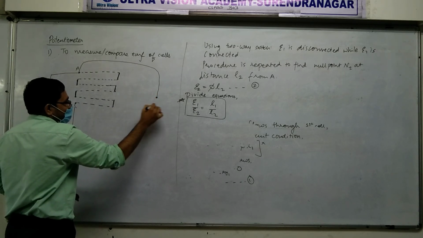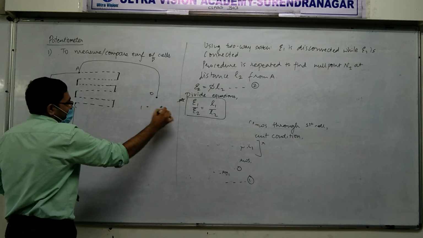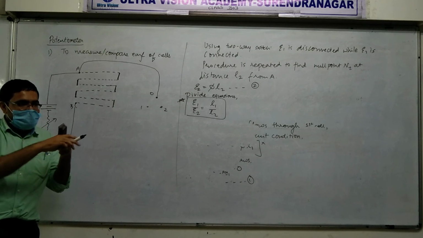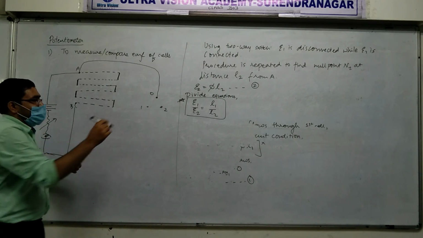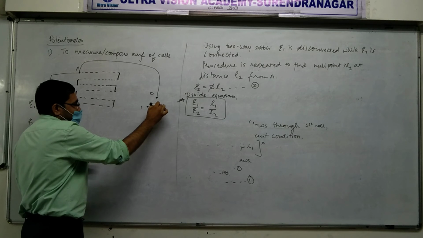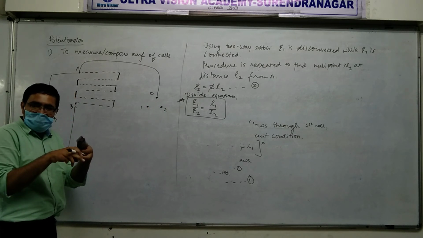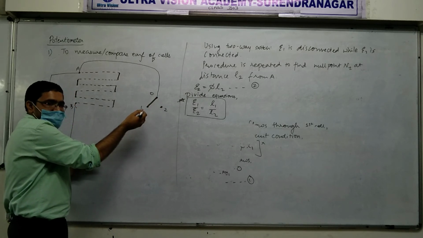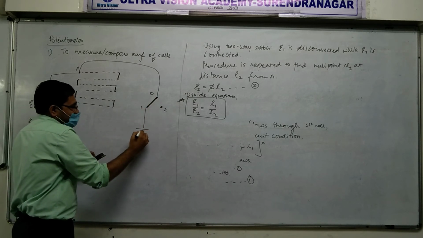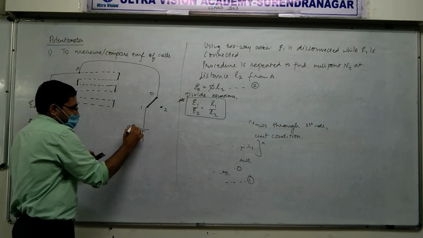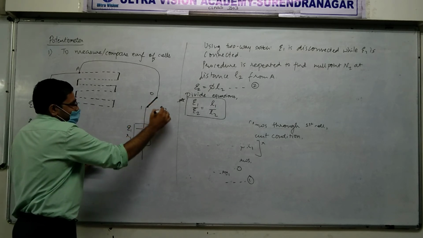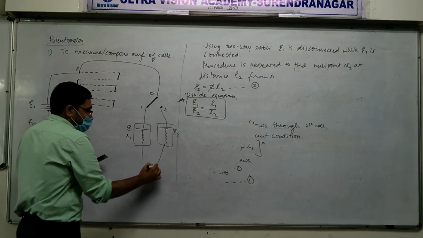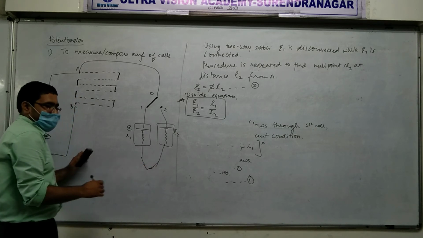What is the meaning of a two-way switch? If you do this, this gets connected; on the other side, that gets connected. Easy to understand this way. There is a metal rod and a metal pin. If you touch this way, it goes to the other side. So first of all, one is connected over here, and then over here a cell with EMF epsilon 1 and internal resistance R1. Right now I am showing the diagram for one connected and two not connected.